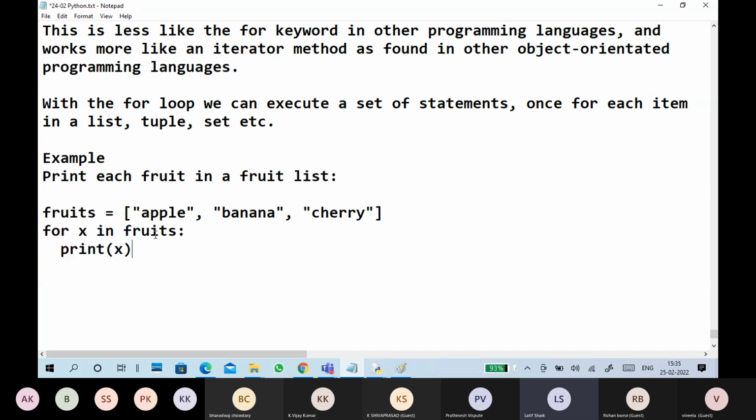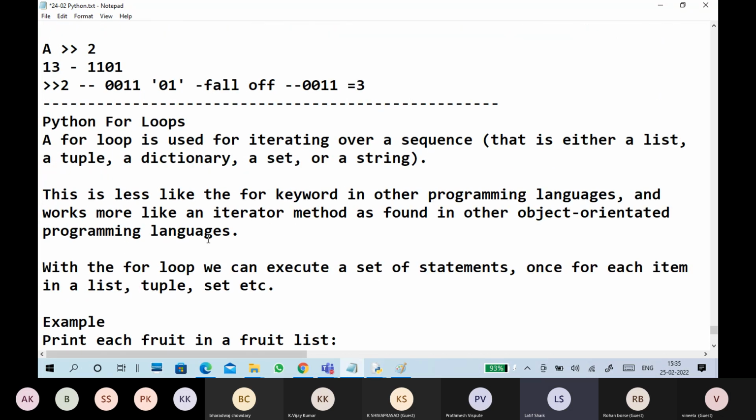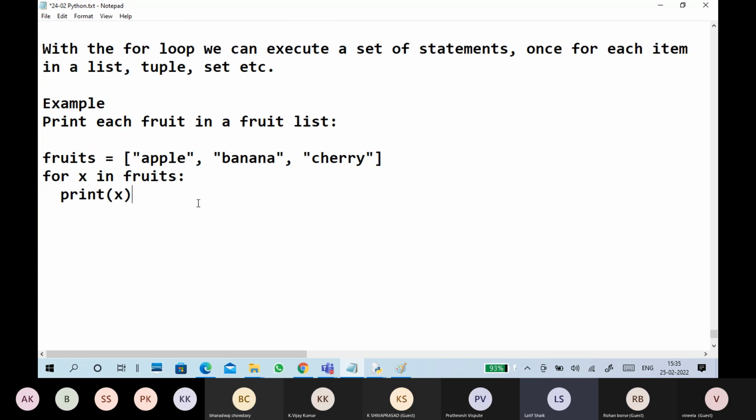This program executes first 1, 2, 3 like this, and goes to display print x. The x value is apple, then banana, then cherry. So like that it goes one by one. Iterate means one by one. For loops can be written in different ways.